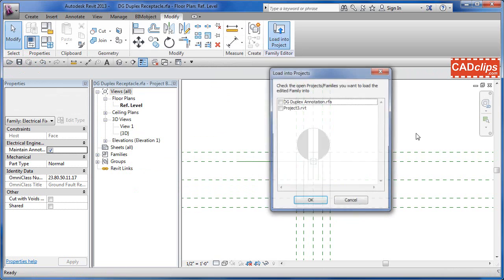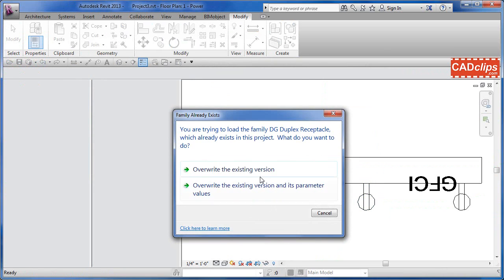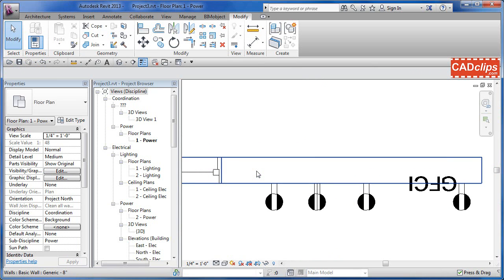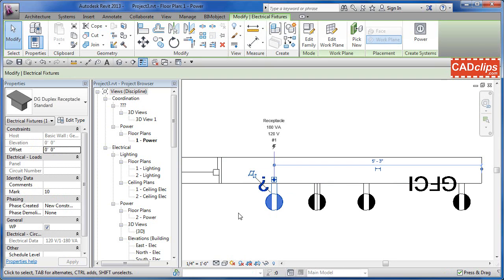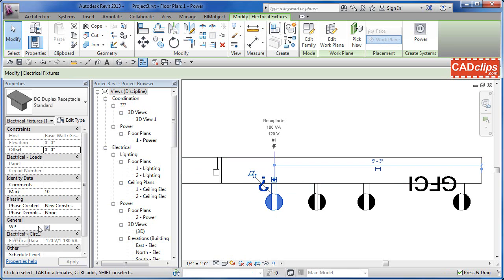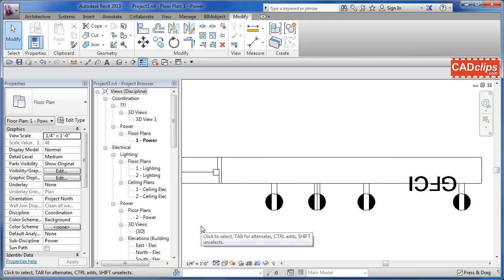And now I say OK. Load that into my project. Load it up into project 3, hit OK, overwrite, just regular overwrite, click out. Now, all of a sudden they're all turned on, and that's because by default, back in the family, I left the default to be on. So the key is now I can pick on any one of these. I don't have to say edit type. All I have to do is go to general here and turn off the WP, and that individual will get